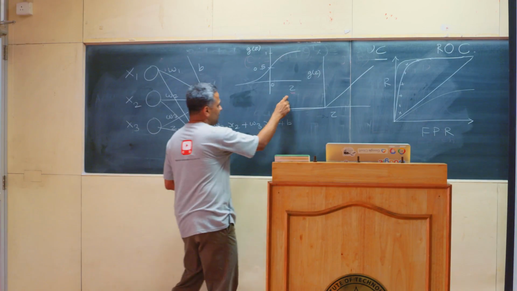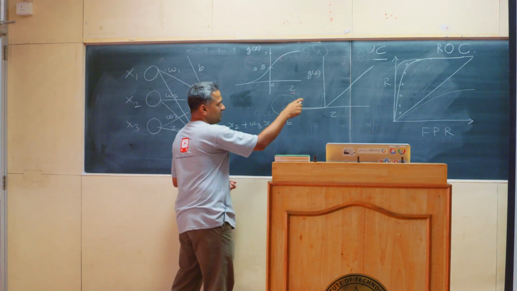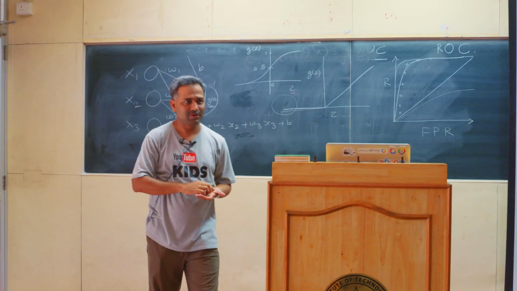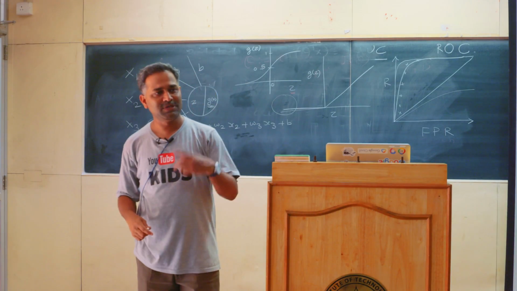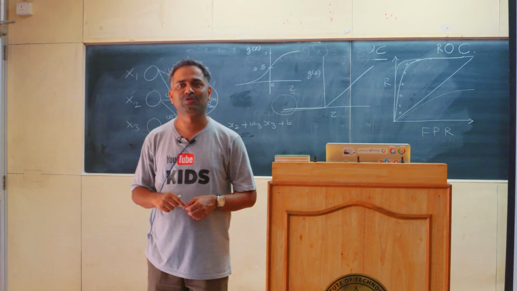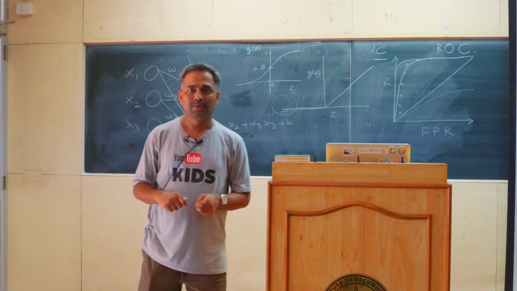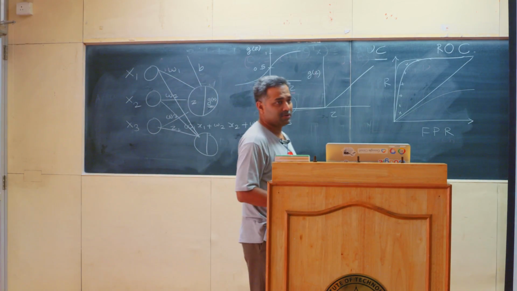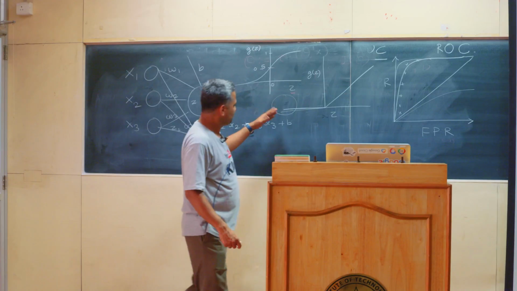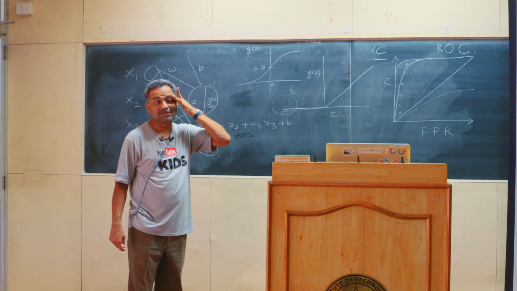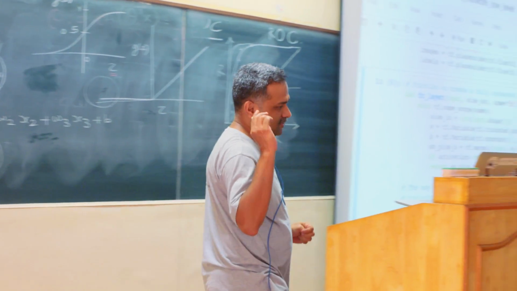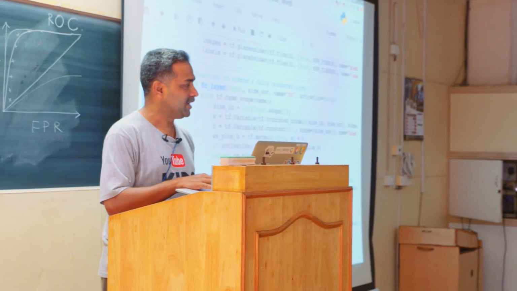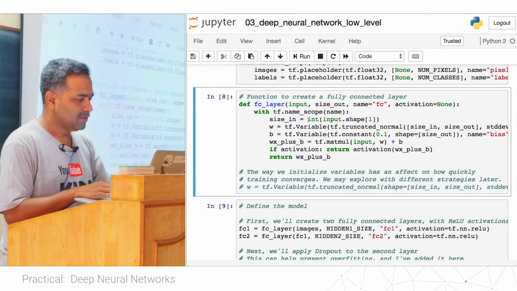In the final layer of a neural network, we normally use sigmoid as the activation function if you have 2 classes. If you have multiple classes, we normally use softmax, in case of classification. In case of regression, whatever output you get, you just pass it. So this was important to know why we are writing this function like this. Now it will be clear.